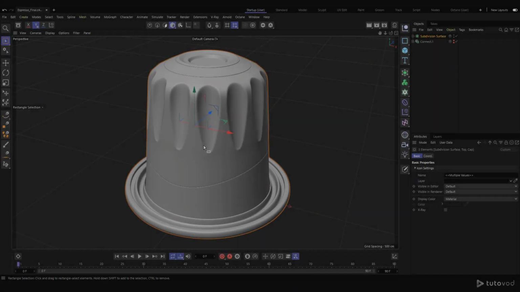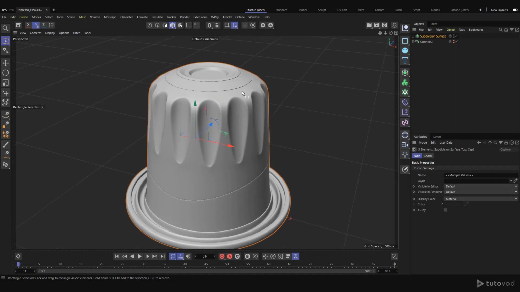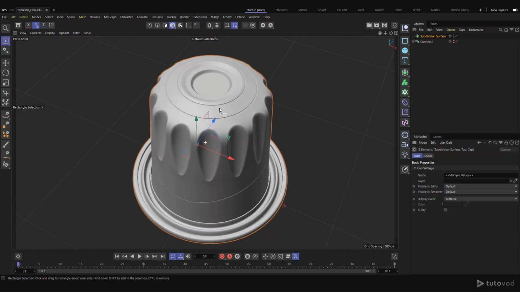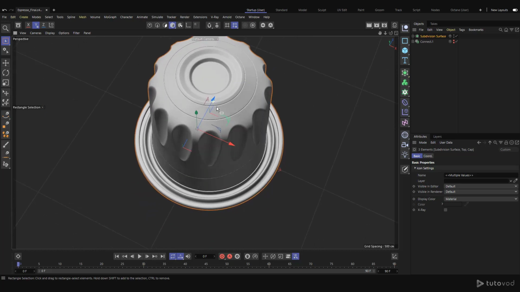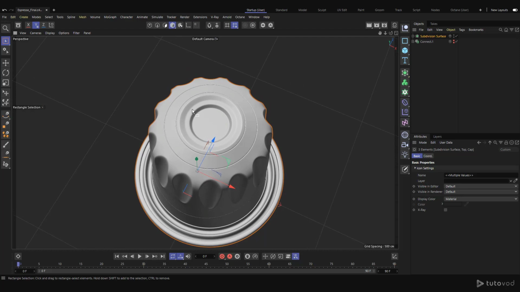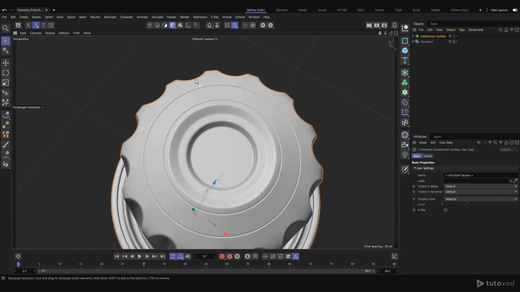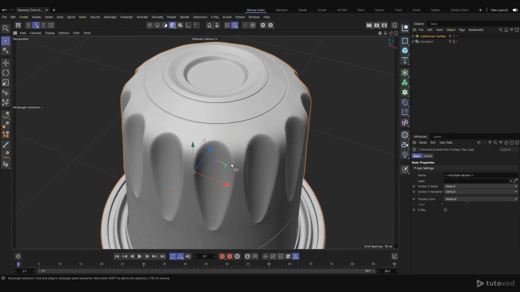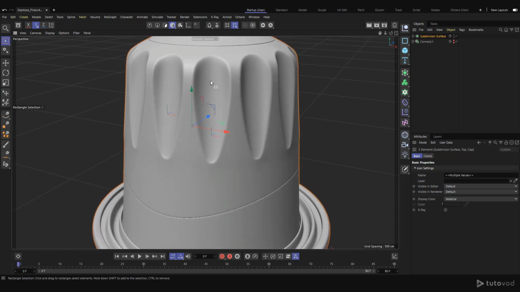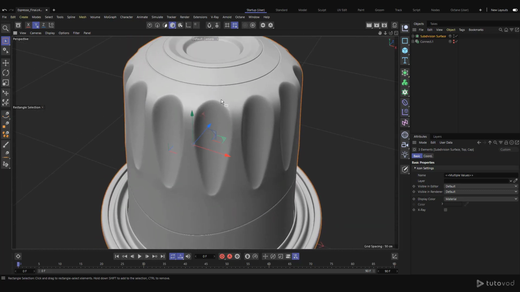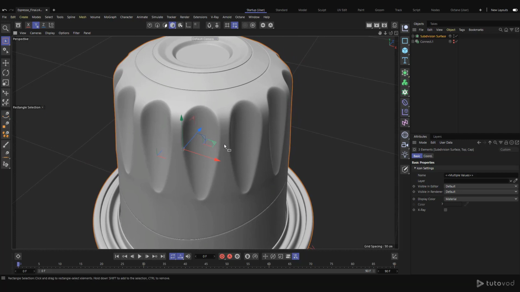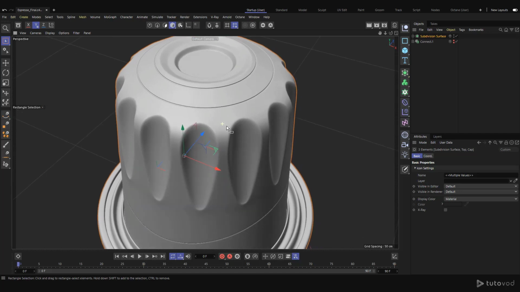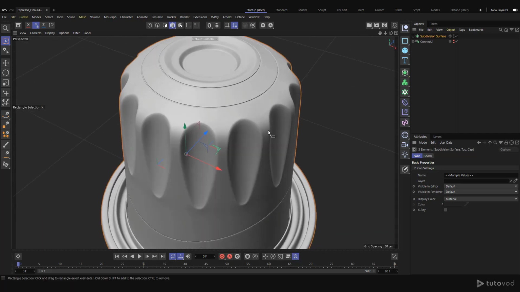Hello guys, in this course I'm going to show you how to model this coffee capsule in Cinema 4D. But before doing that, we need to analyze our model to get a better idea of how we are going to do that. So here we have a circular hole around our shape, and to model this we need to use a half cylinder to get this shape, and after that we need to duplicate this hole to get all the holes we have here,